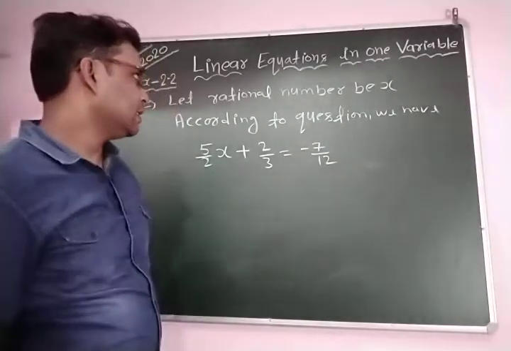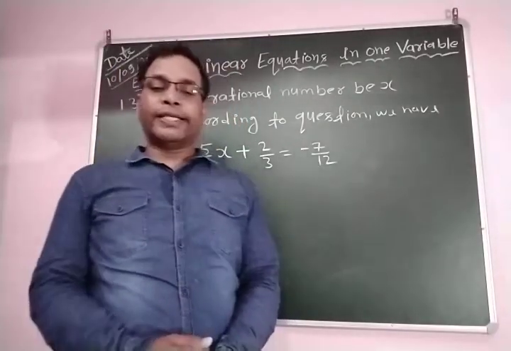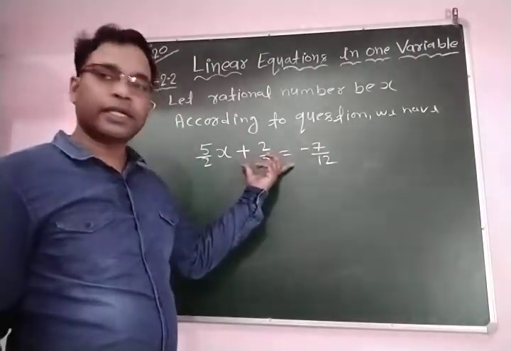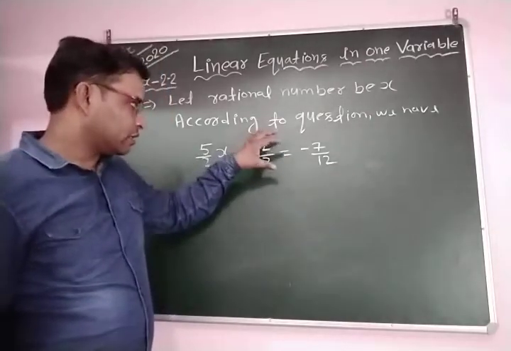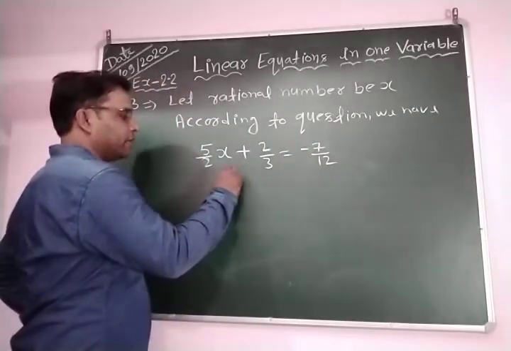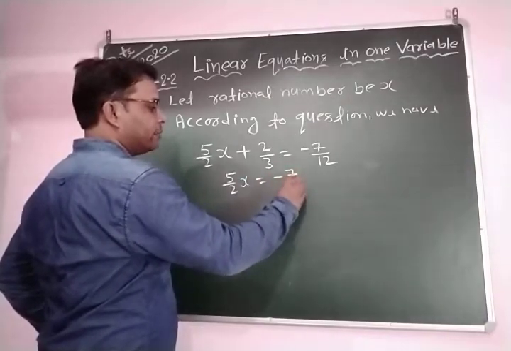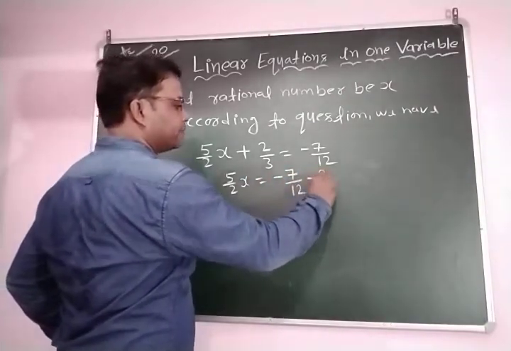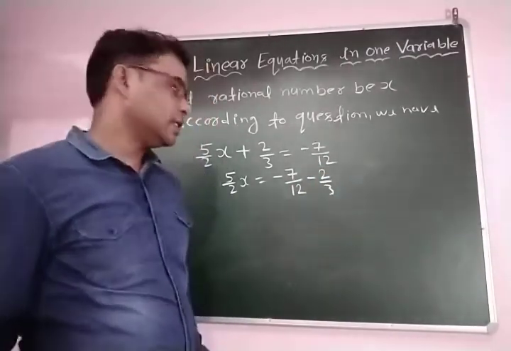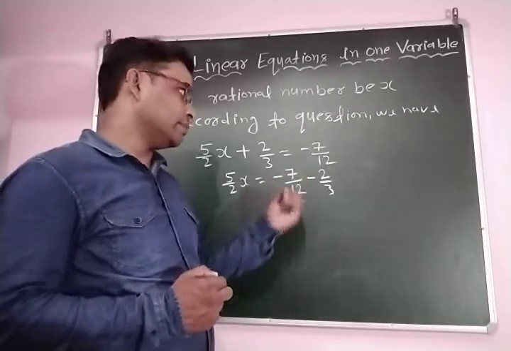What is the condition? The rational number is multiplied by 5 by 2 and 2 by 3 is added, and the result will be minus 7 by 12. So we write here according to this condition. Now transposing this 2 by 3 to the right side, we have on the left side 5 by 2 x is equal to, on the right-hand side, minus 7 by 12 minus 2 by 3. Students, I hope all of you know how to find the LCM, because here we find the LCM and solve. So the LCM of